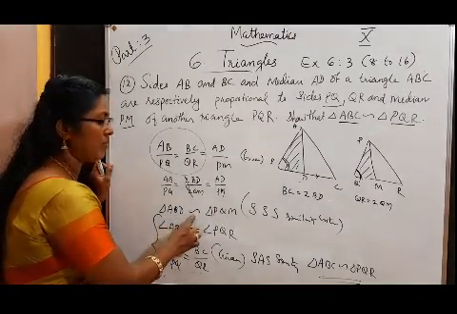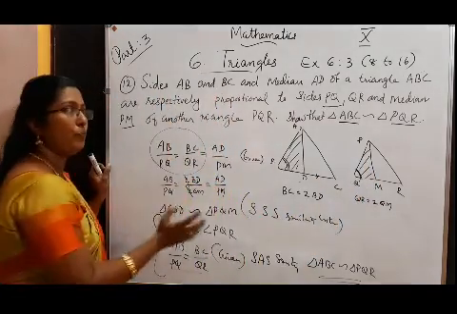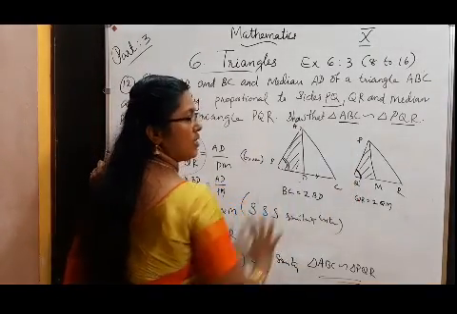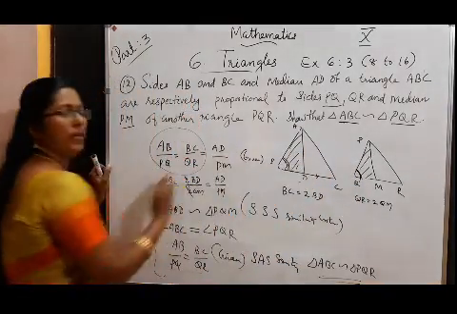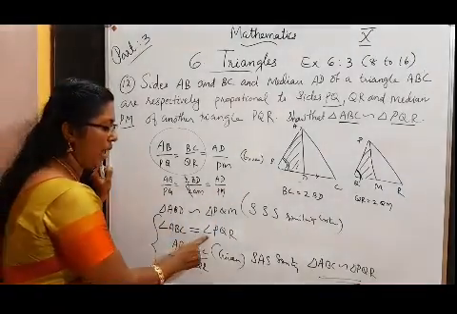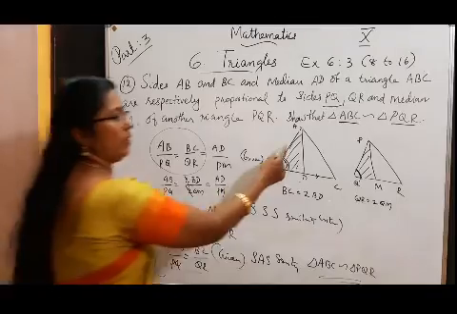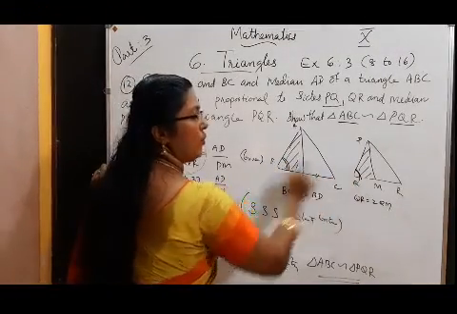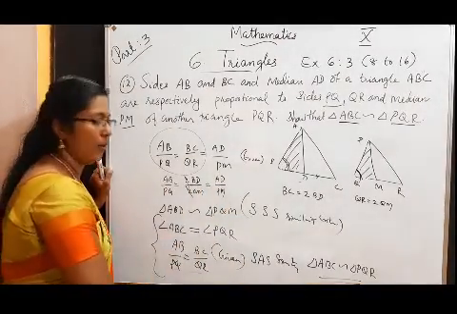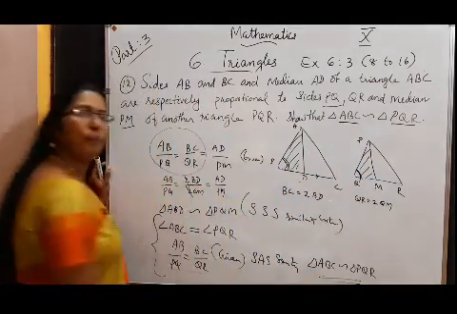We can say triangle ABD is similar to PQM, this part. We want to prove the whole triangle. This B and Q is part of the whole triangle and part of the left side triangle, the shaded region. So angle ABC equals angle PQR, and what is given? AB by PQ. The sides and included angles: the sides are proportional, the included angles are equal. So we can conclude by the SAS similarity criterion, triangle ABC is similar to triangle PQR.